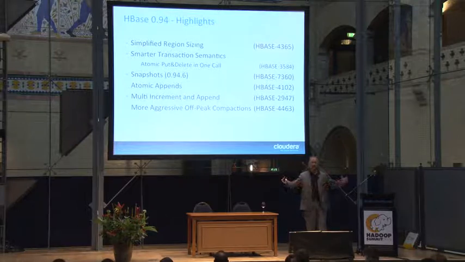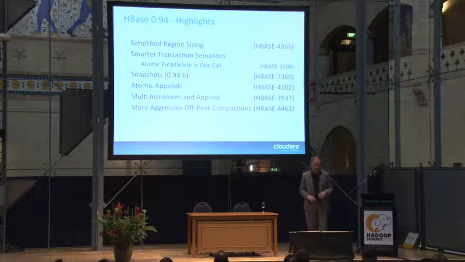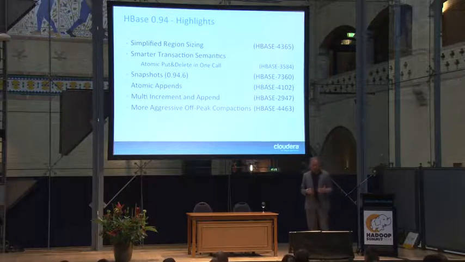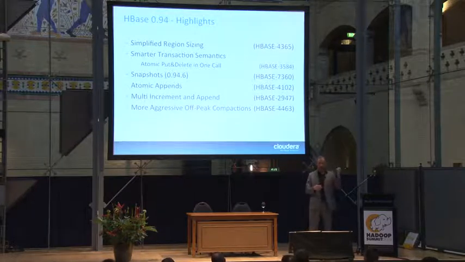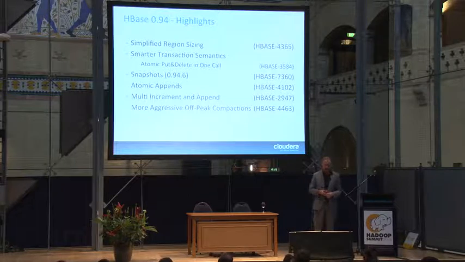Once it reaches all of the servers, it would slow down and not do this anymore, and then grow to the total size where it should grow to. Interesting thing for users: you also have improved API calls for transactional semantics, like an atomic put and delete in one call. You can just put something there and delete it depending on a condition. It just helps you get around the fact that HBase does not have any transactions.